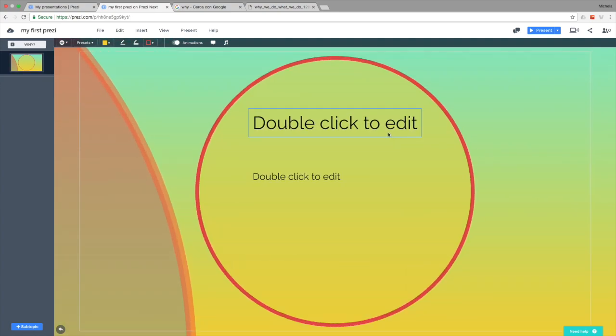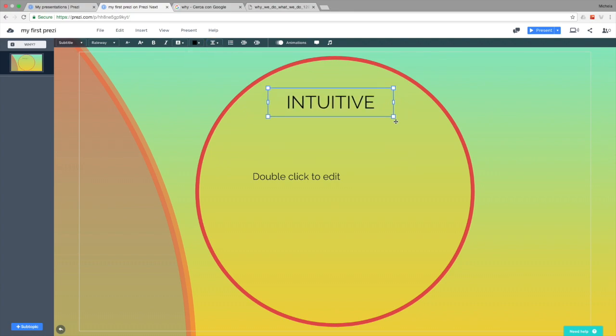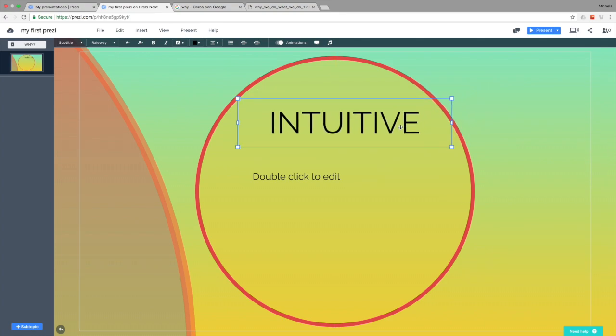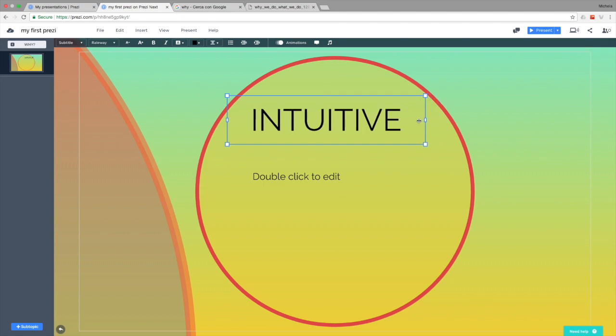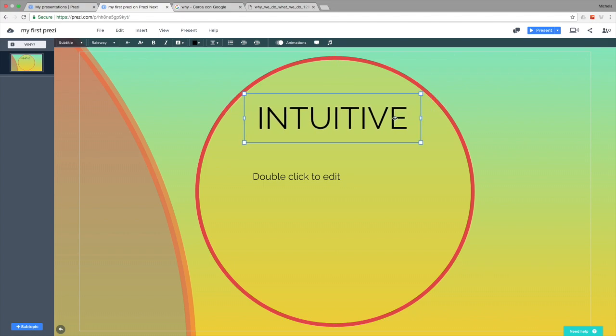Okay, so here we can write INTUITIVE, all capital letters. I align it centered. I resize it. Doesn't matter if the rectangle goes out of the circle. I can select the bold, and then here we follow the same procedure